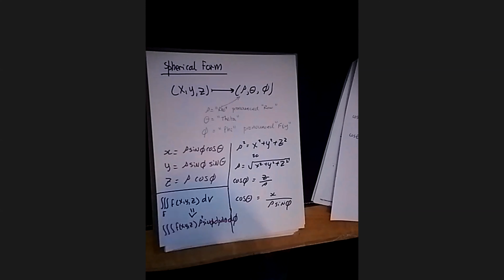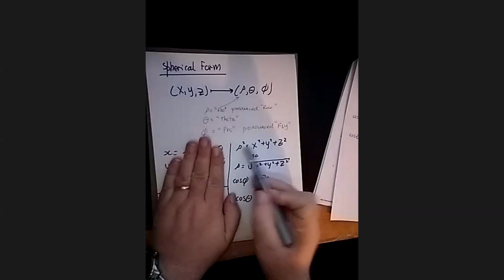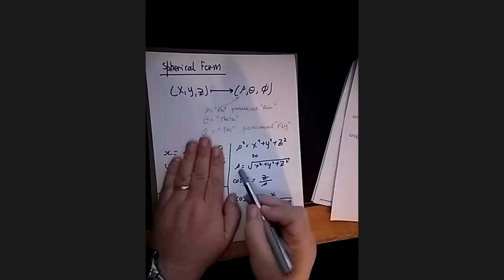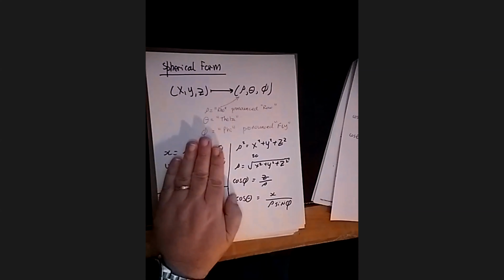Much messier. Rho squared is this guy, which means that rho is the square root of this guy. A bit like r is the square root of x squared plus y squared. But in 3 dimensions, rho is the square root of x squared plus y squared plus z squared. So you can get rho pretty easily. Now, how do you get